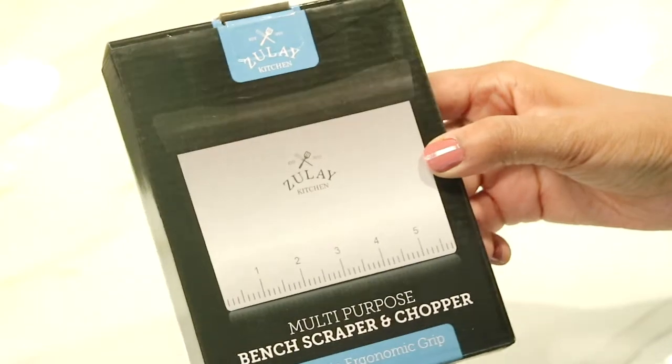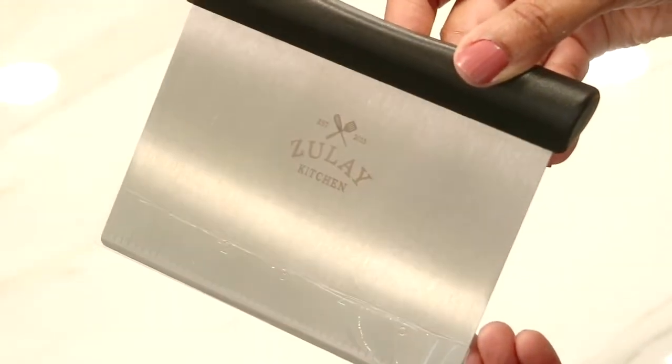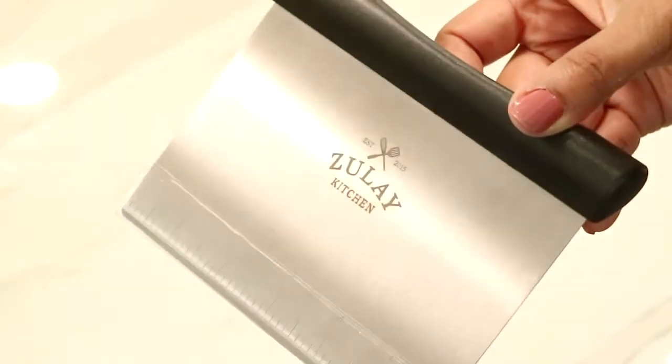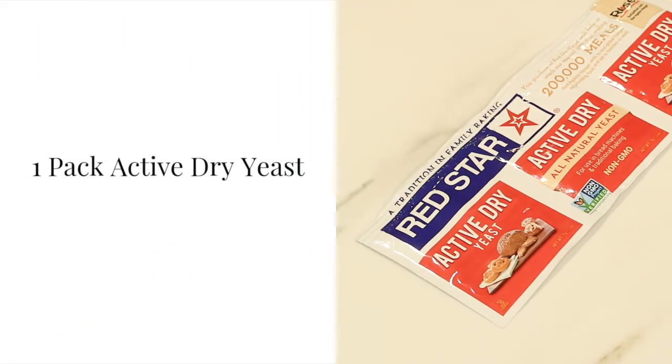And they also sent me a scraper and a chopper, and this is what it looks like outside the box. Stainless steel with the Zulay Kitchen emblem on it, and it's just a really great tool to keep in your kitchen. So let's start making these pumpkin cinnamon rolls, and to make the dough, I'm going to use 1 pack